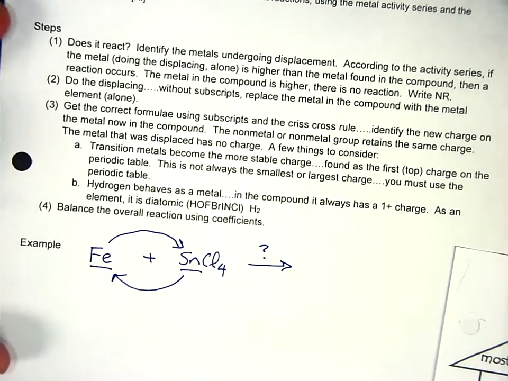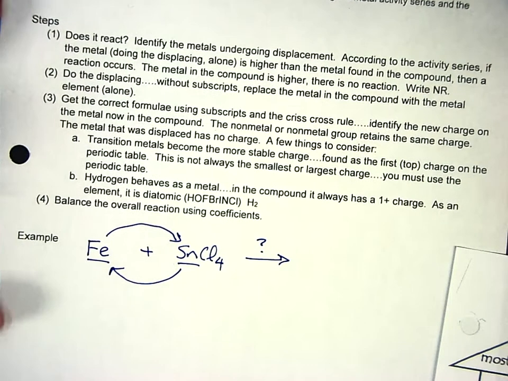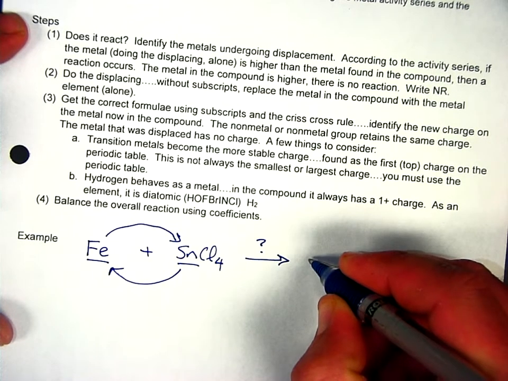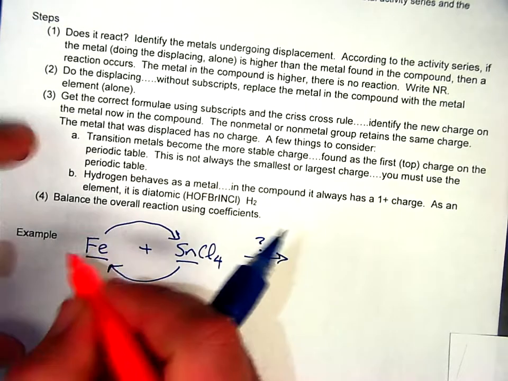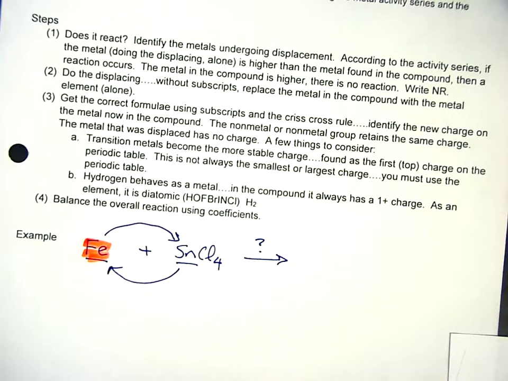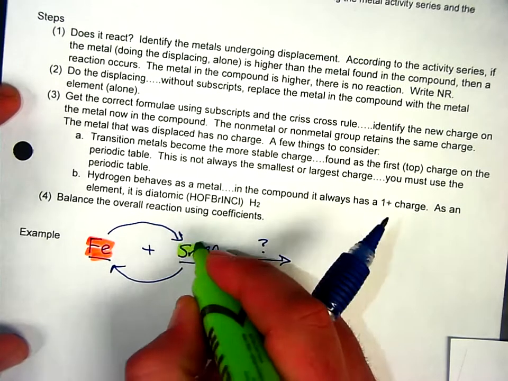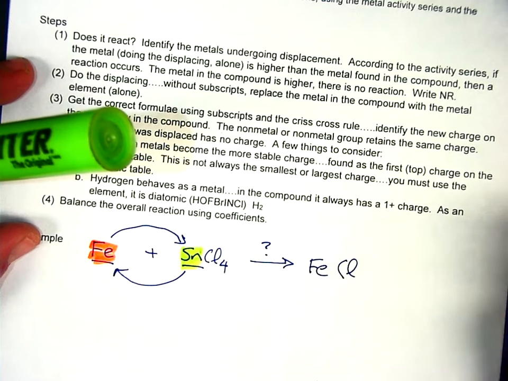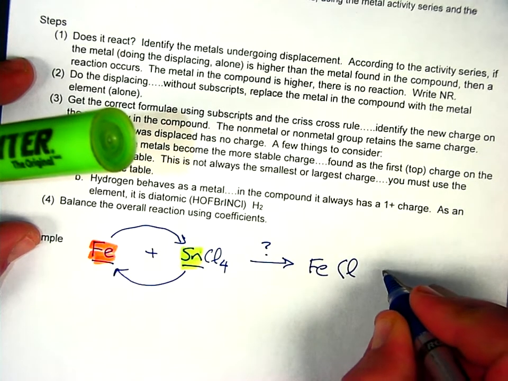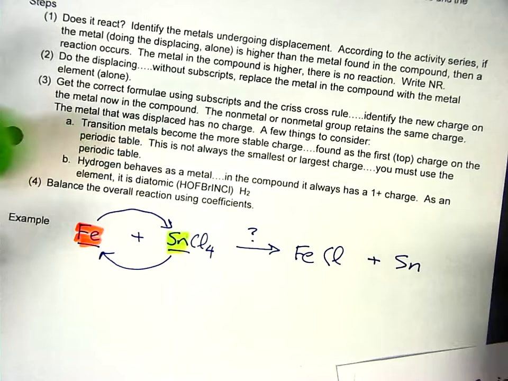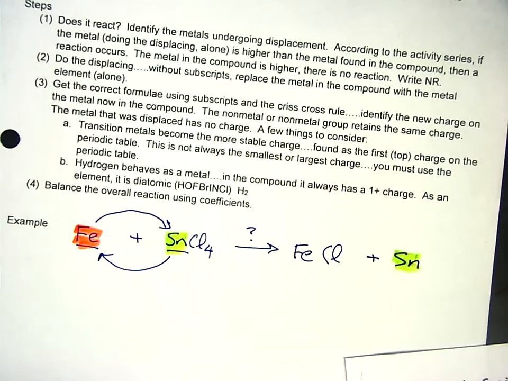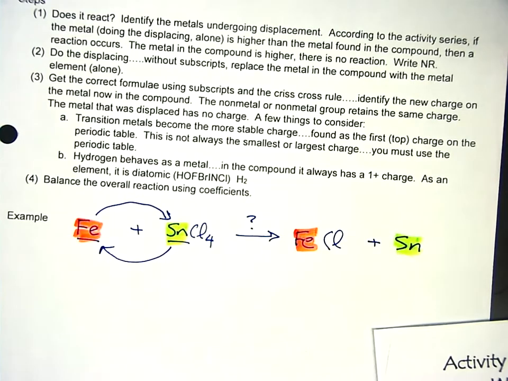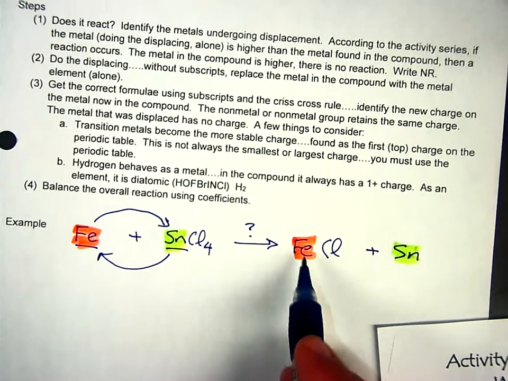So now we're going to do the displacing. Without the subscripts, replace the metal in the compound with the metal of the element that is alone. So here we have iron, which is going to displace the tin in the compound. So iron chloride is our compound, and tin is going to be left out. Okay, so it's going to be displaced out. Now, as you can see, I haven't recorded any of the subscripts